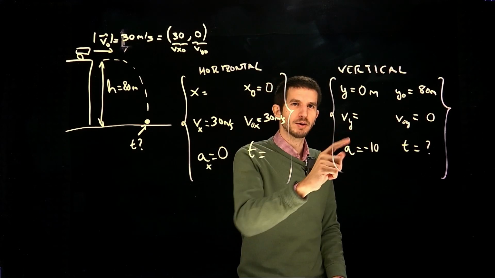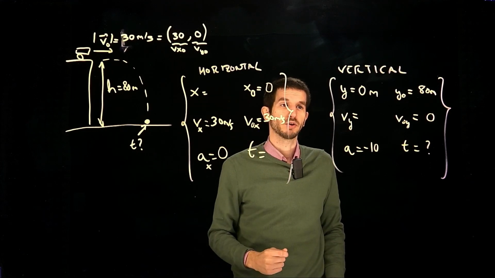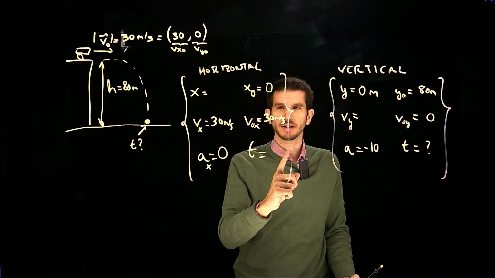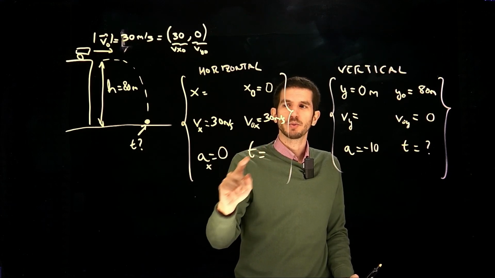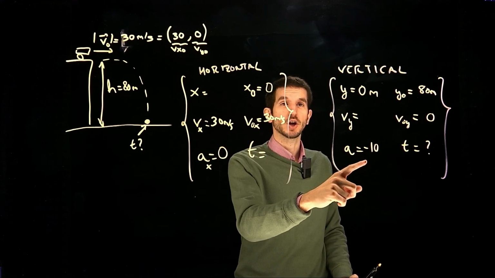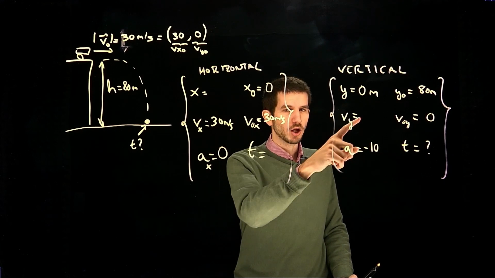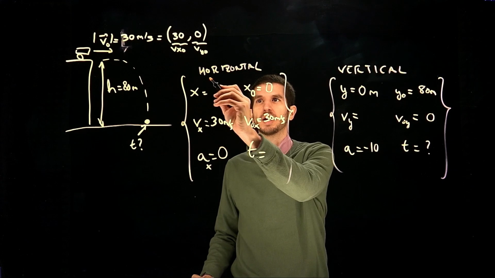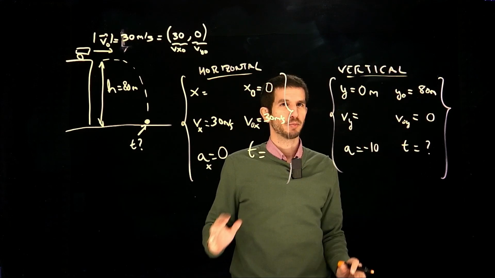Now, what about the velocity? Do we know anything about the vertical velocity? Well, you might be tempted to say, well, it's 0, it's also 0 here, but don't make that mistake. Here it is the same because acceleration is 0, but this is an object that's being accelerated. So the velocity is not going to be 0. So, two problems. Do distinguish between the conditions where you're analyzing the horizontal and the vertical parts of the motion,